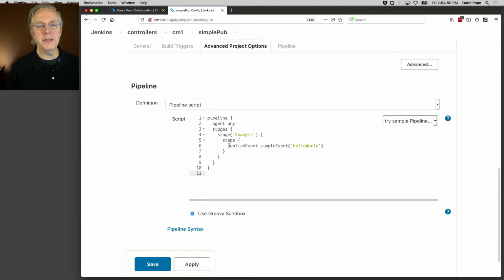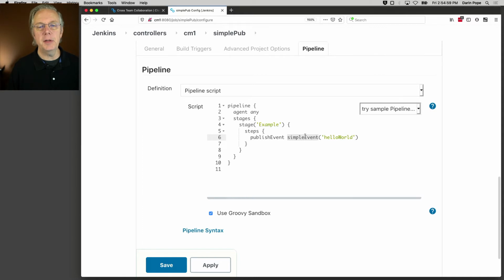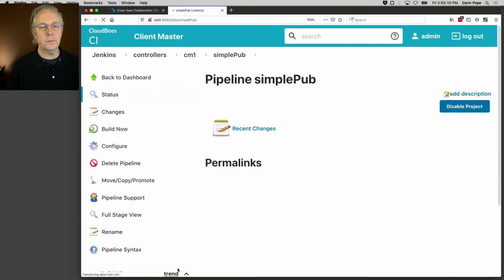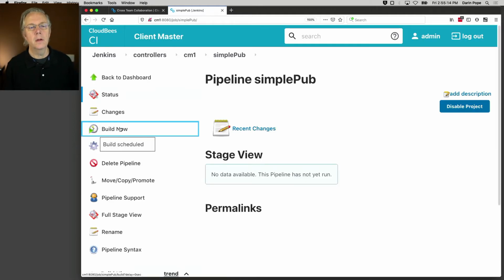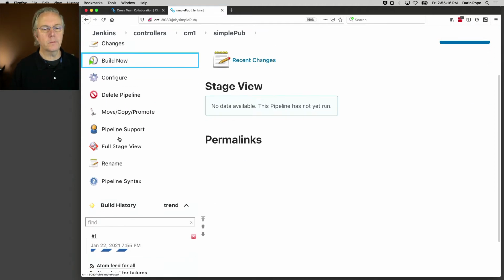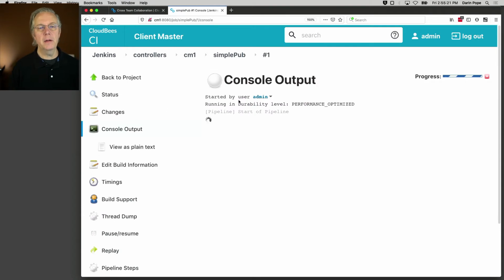We have one step, publish event, simple event. Let me bump that up one more time. Helps a little bit. Publish event, simple event, and then we're giving it a value of hello world. That's it. Very, very simple. So if I go ahead and click on save, and I click on build now, what we're going to see here is it started by admin,